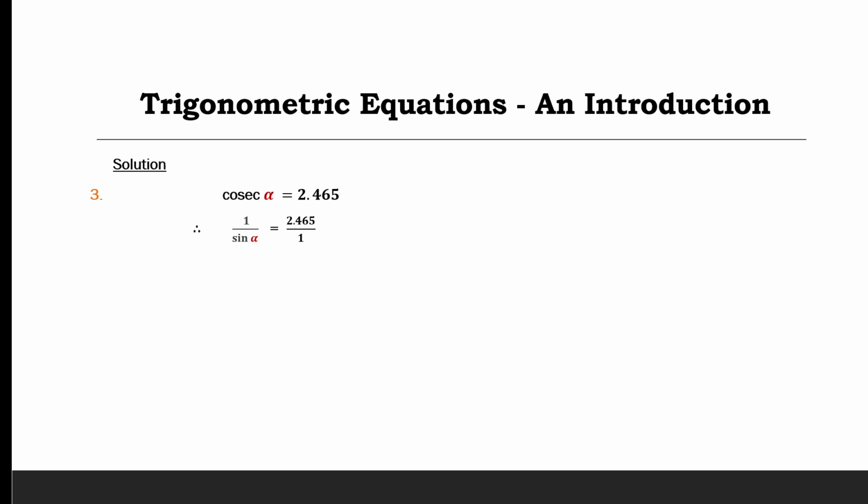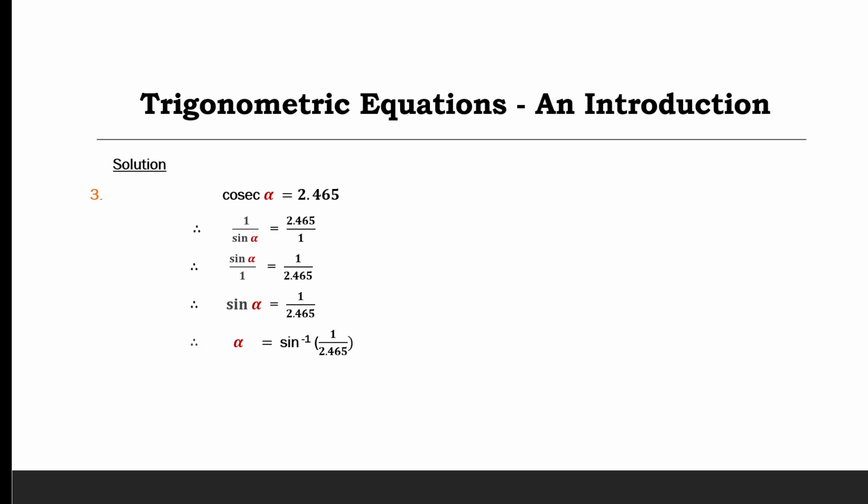And because we are looking for alpha, we will reciprocate on both sides, and it will give us sine alpha over 1 equals 1 over 2.465. And sine alpha equals 1 over 2.465. And now that we have applied the sine function to alpha, and we need to make alpha the subject of the formula, we will undo the application of the sine by applying the arcsine on both sides, and that yields